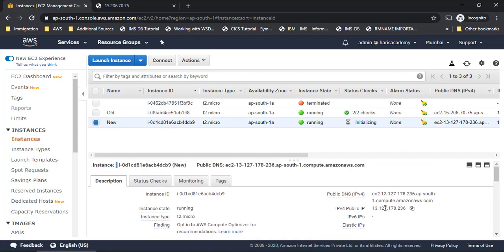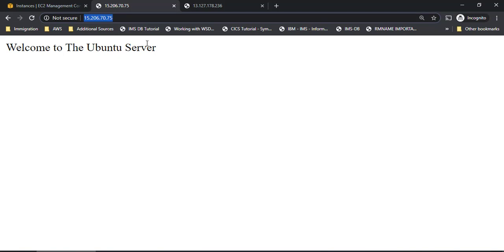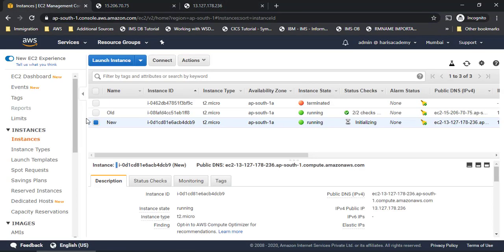Let me now log into this particular IP, or let me just try to directly open this in the browser. Now you can see I have not done anything like installing Apache or installing any software, or making changes to that index.html. Still I can see that welcome to Ubuntu server is there, similar to what we did for the old server, right? So whatever is there on the old system, the same software is there in your new system as well now.